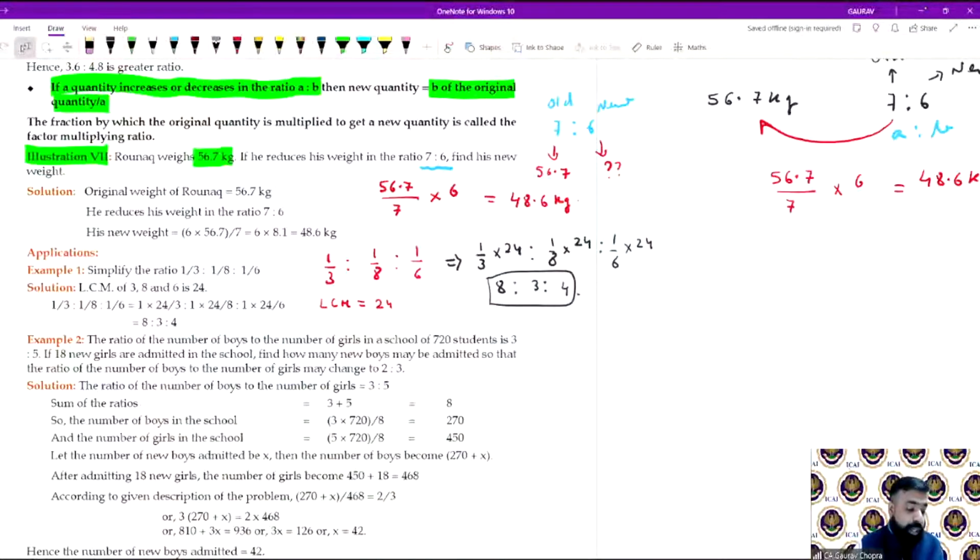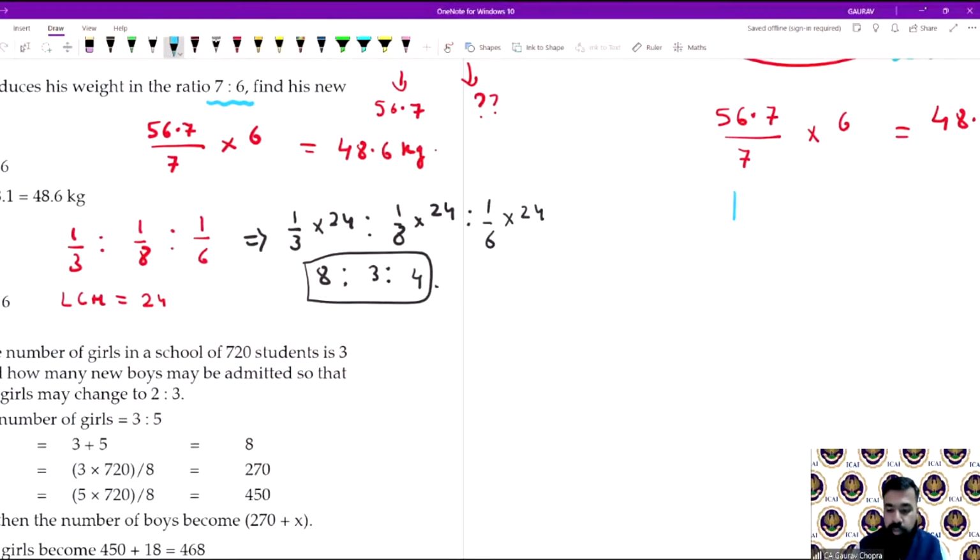Viresh is asking how to find LCM. Okay. See, LCM you might have done in your lower classes, that is class 6, 7, 8. But if anybody doesn't know, I will explain, do not worry. We can take all the three numbers, 3, 8 and 6. Now try to divide them with the smallest number possible. This is known as prime factorization. You have to take out the prime factors. So the smallest prime number is 2. Now 3 is not divisible by 2, so 3 will be written as it is. 8 divided by 2 is 4. 6 divided by 2 is 3.